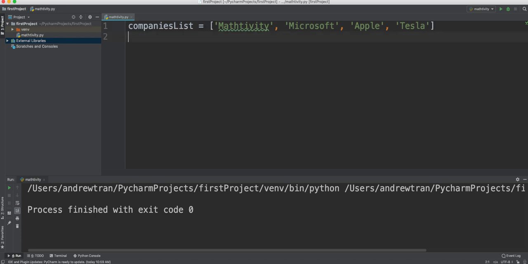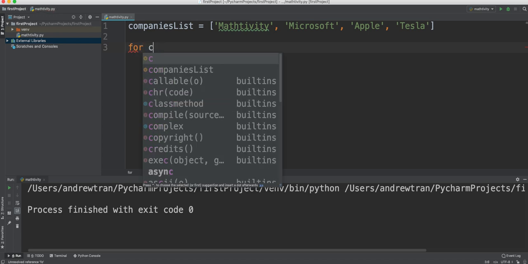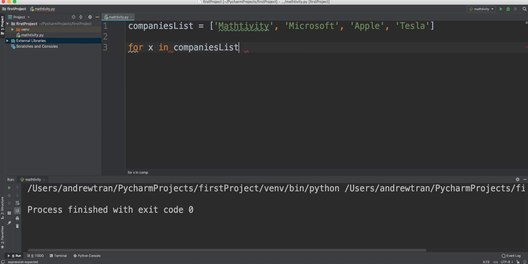And we want to go through all these companies. We want to list all of them out, right? Because these are our favorite companies right here. We can't necessarily do it in a while loop because we don't really have a condition. We have a list right here. So that is where our for loops come in, all right? So we start by saying for x in companies list,